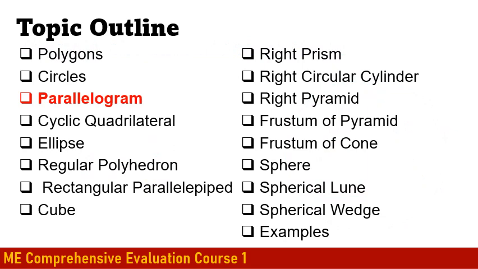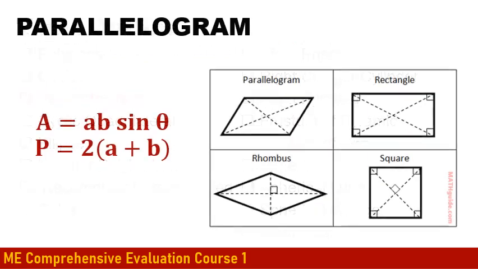Let's move forward to parallelogram. The parallelogram can be a square. It can also be in the form of a rhombus, a rectangle, or the parallelogram that we are acquainted with, that you can see here, where we have two parallel sides. All of these anyway are parallelograms because the two sides are parallel and equal, just like you can see here. So the general formula for a parallelogram, meaning it is applicable to any of these,